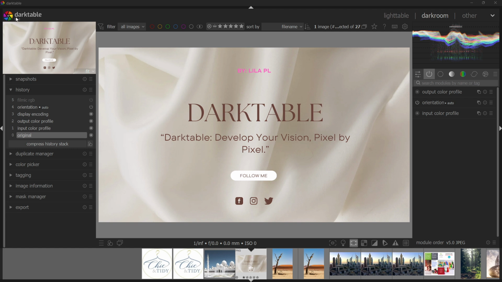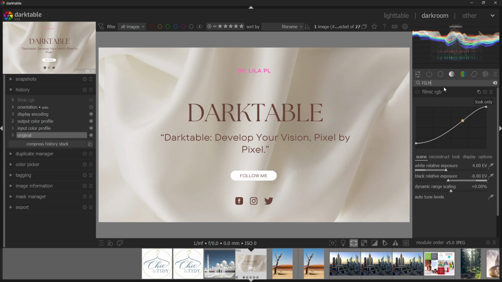Start by opening your photo in the darkroom view. We'll be working inside the Filmic RGB module. Find it in the list of processing modules. Depending on your layout, it's often grouped with tone mapping or exposure and contrast tools. If you don't see it right away, use the search box and type Filmic, then enable the module. Once it's active, you'll notice it presents a structured way to set the scene's dynamic range and then shape the